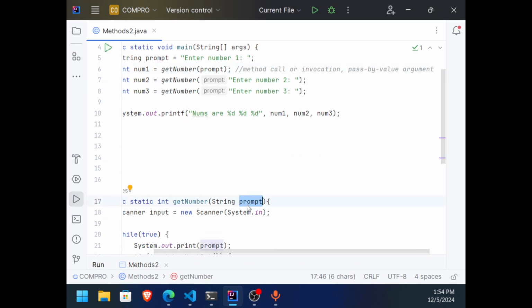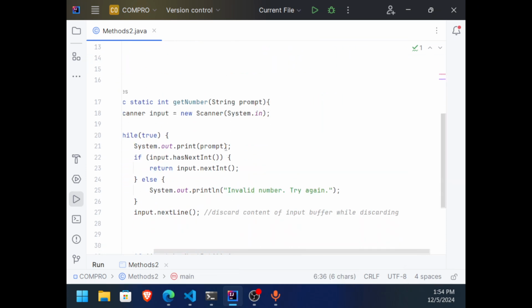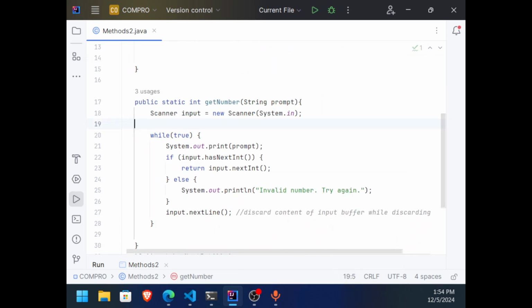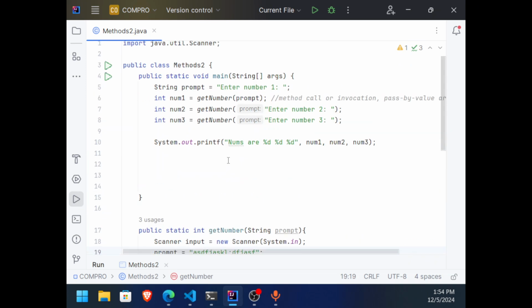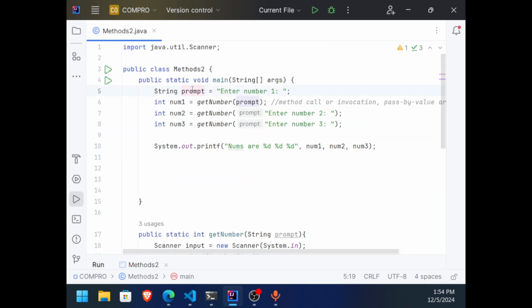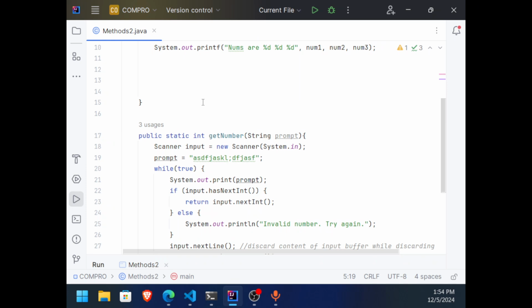Okay, I am not passing the variable. So when I'm going to change the prompt here, for example, I'm going to change that to whatever. Okay, this will not affect this. It's just going to pass the copy.